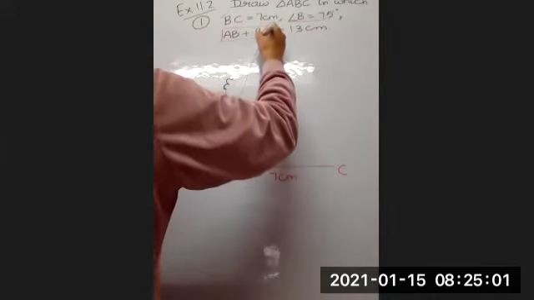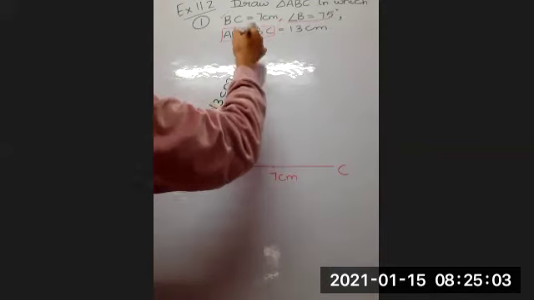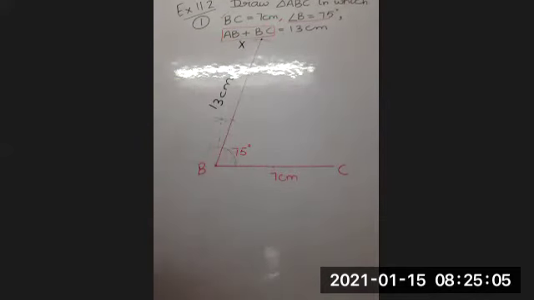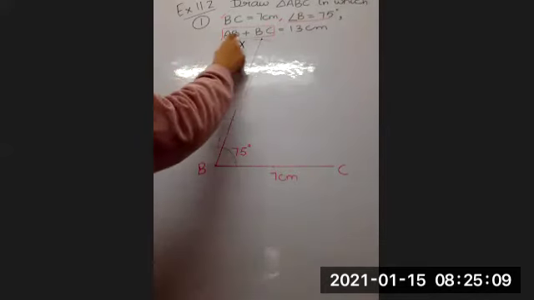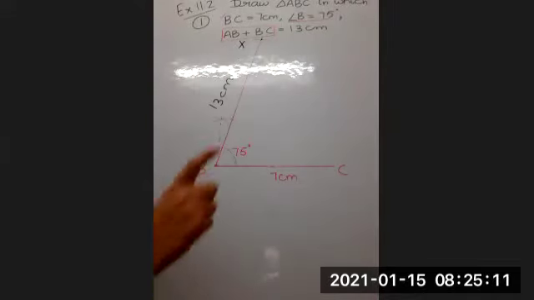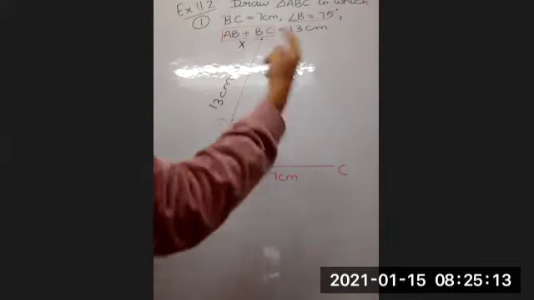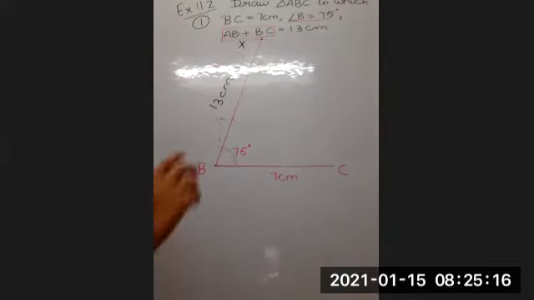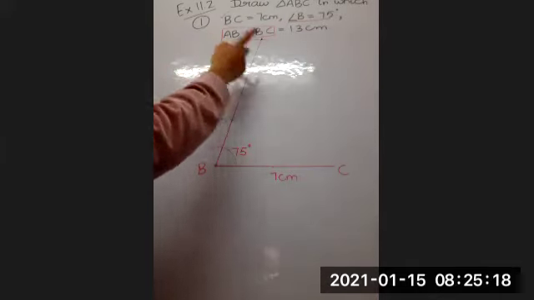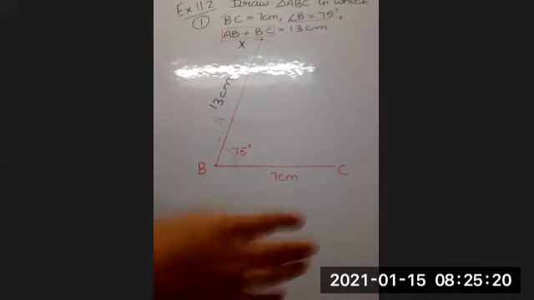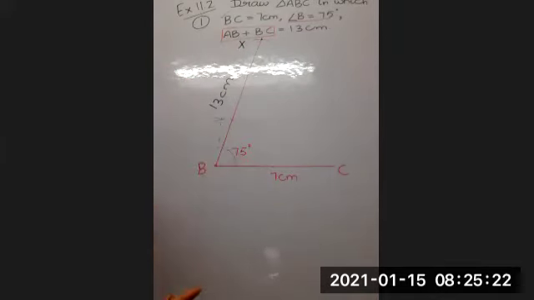The figure should be well labeled. And name it, let's say X. Don't call it A. Don't call it A. Because children, we are not given that AB is 13. We are given AB plus some another side is 13. So this is not A, but any other name you can give. X, D, P, M, any name of your choice.